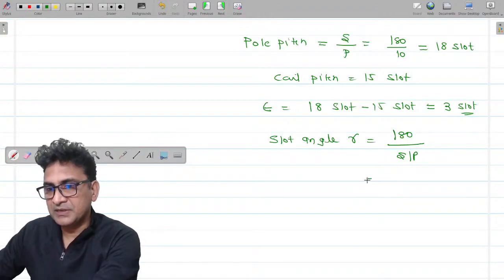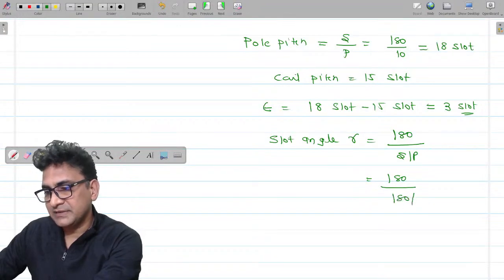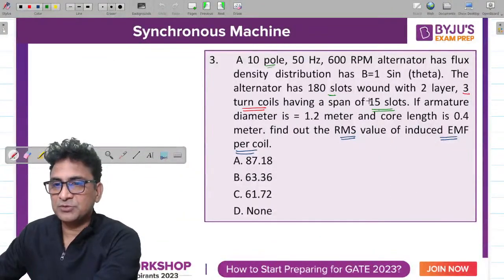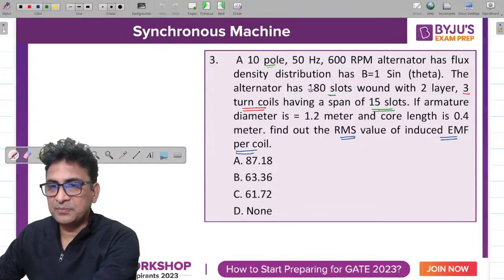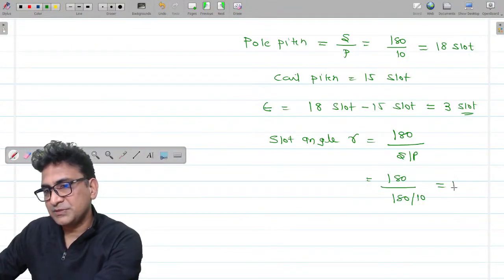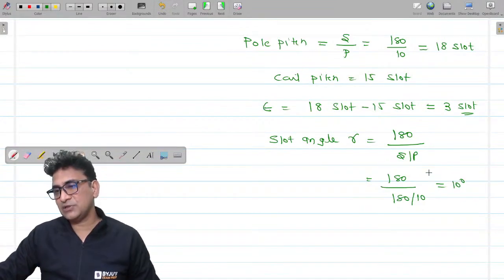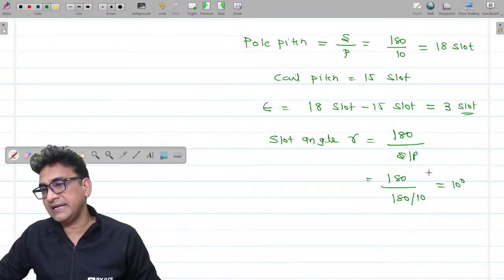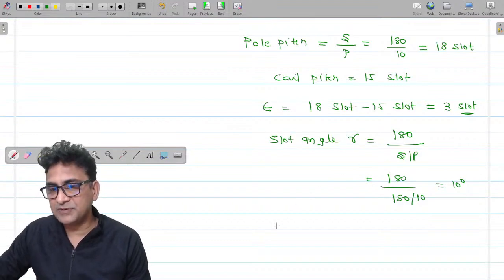We know slot angle is 180 degree divided by slot per pole. So it is 180 degree. Total number of slot is 180. And what is the total number of pole? Total number of pole is 10 pole. So it is 10 degree. Each slot is equivalent to 10 degree electrical angle. So the 3 slot is equivalent to